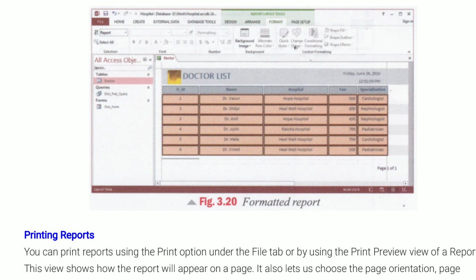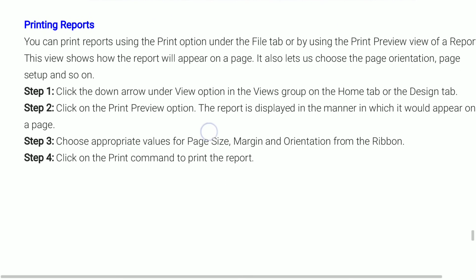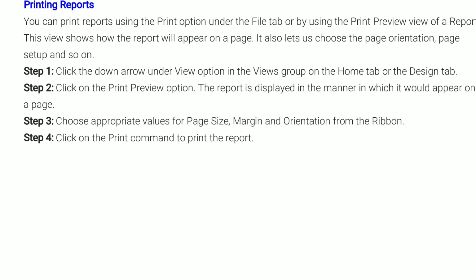Now the next point is printing reports. Suppose we have created and prepared a report, now we have to print the report so that we can send it to others physically. For this, we can print the report using the Print option.